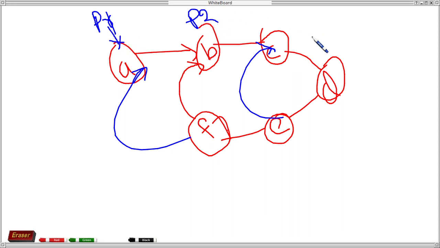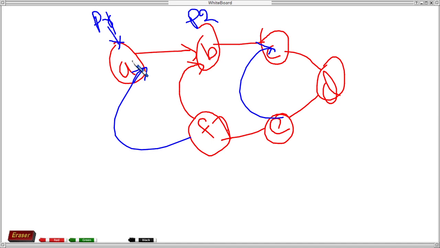This repeats, and if anywhere we find that pointer 1 equals pointer 2, it means